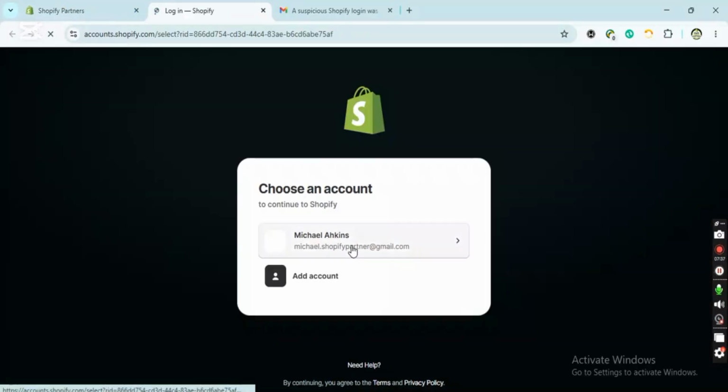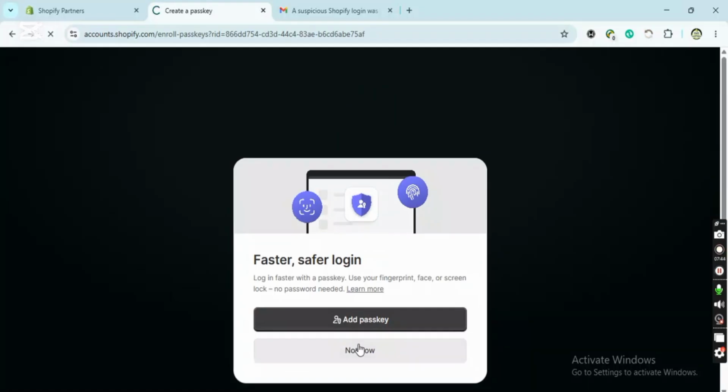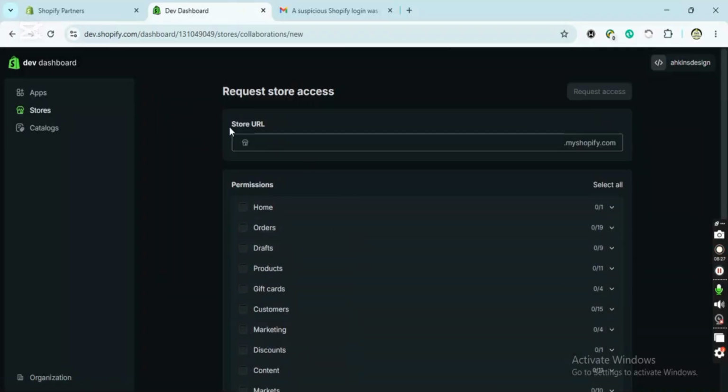Now from there you will be able to either create an account from scratch, or you will collaborate with a store owner. So from here we have the store owner side and we have request and create store. Now from the request part, let me explain some things for us. As you can see, if you click on that button, you'll be taken to this page